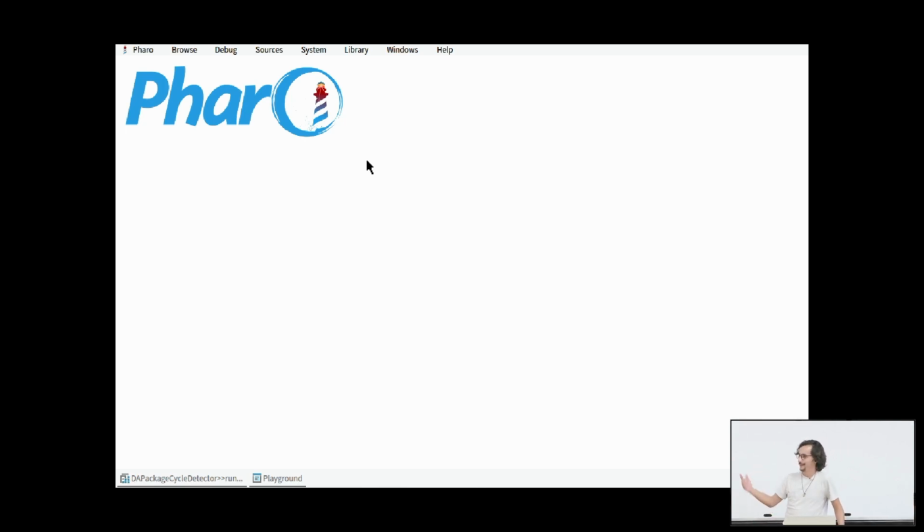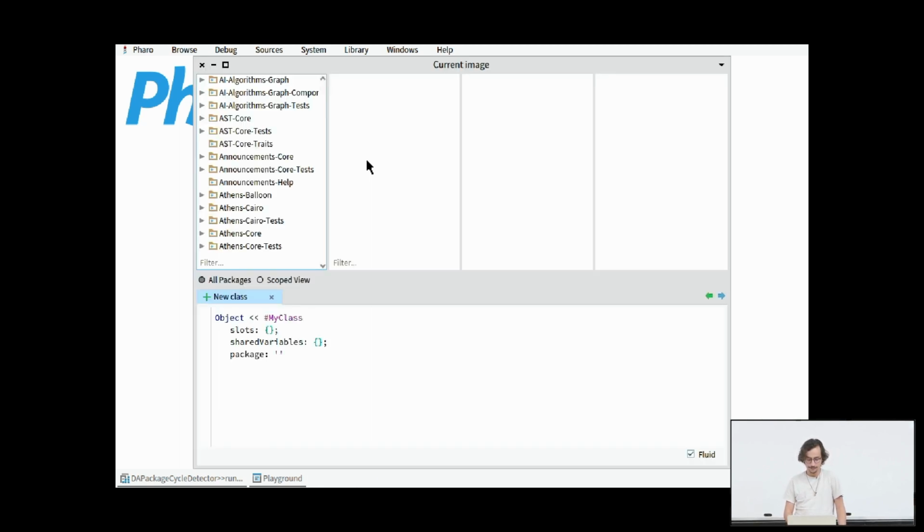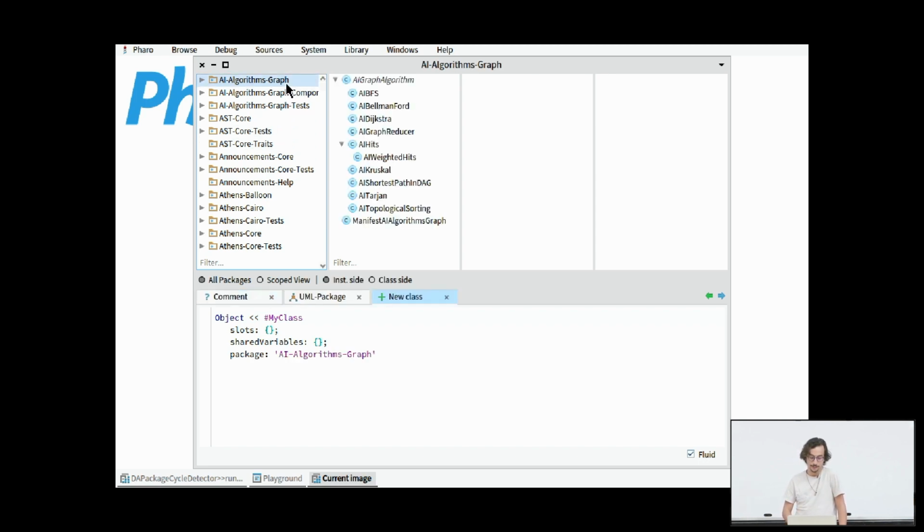I will make a quick presentation of one of the projects I work on, the graph algorithms. Actually, this is by default in the Pharo image, so you don't need to install anything. For example, let's open Calypso. Can you see the letters? Well, it's alphabetical order, so you can see, for example, that it is literally the first package on the